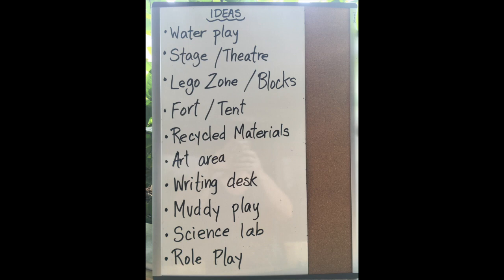Children could build a fort or a tent, and inside that tent, if you have one in the cupboard, maybe has its own type of role playing in it. Like I've done, we've set up a recycled materials area. If your child's really interested in art, follow that. Set up a space where there's painting and all kinds of scissors and things to snip and fun things to create with,